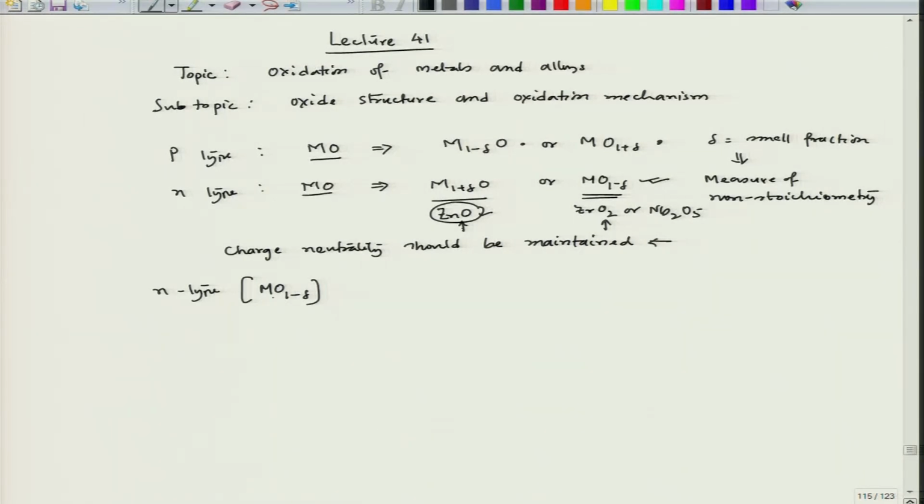This is a kind of imaginary oxide, that is what we will take up for our understanding. So, we can have a kind of structure like this. For example, this cross is metal cation and the circle is